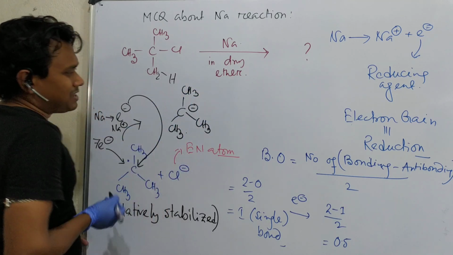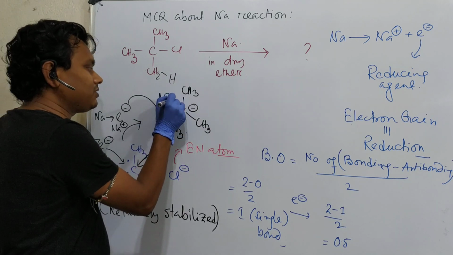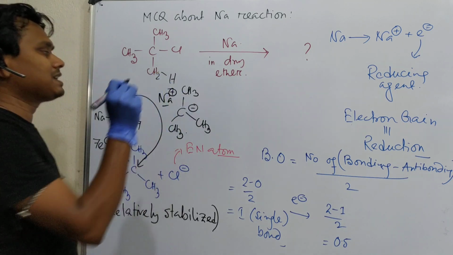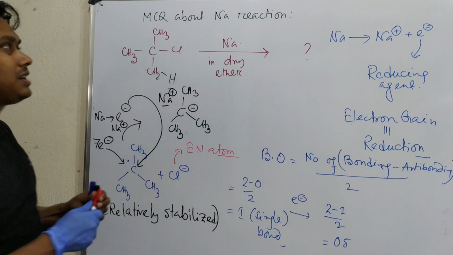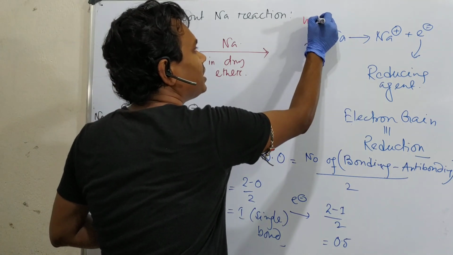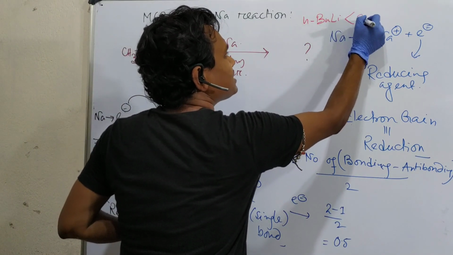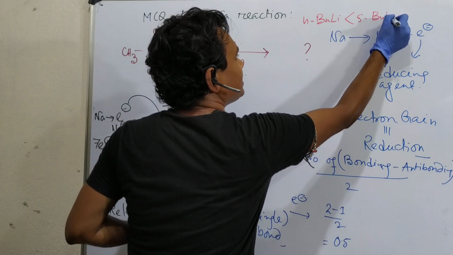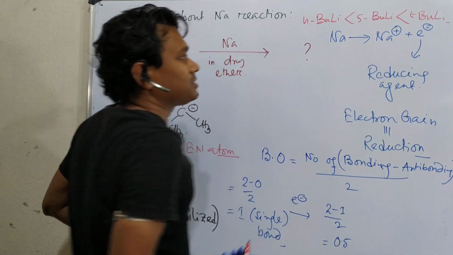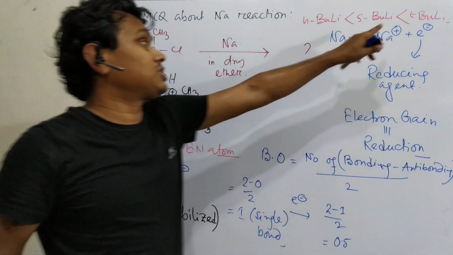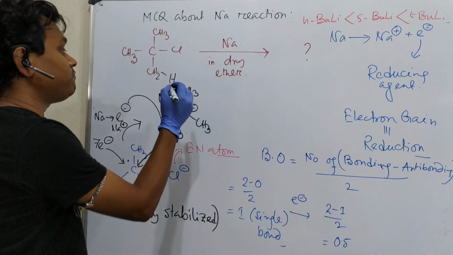Okay, now if I ask you, do you have an idea how stable this tertiary cation is? And by the way, there will be a sodium plus as a counter cation. It is extremely unstable. How can you explain that? N-butyl lithium, remember, S-butyl lithium, secondary butyl lithium, and another is T-butyl lithium. Which is the stronger base? If you are given the order, tertiary butyl lithium is the strongest carbanion base. So this is very basic.